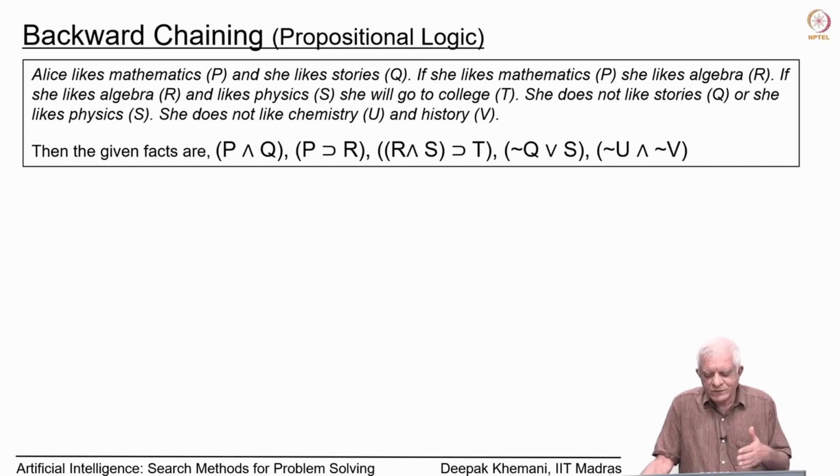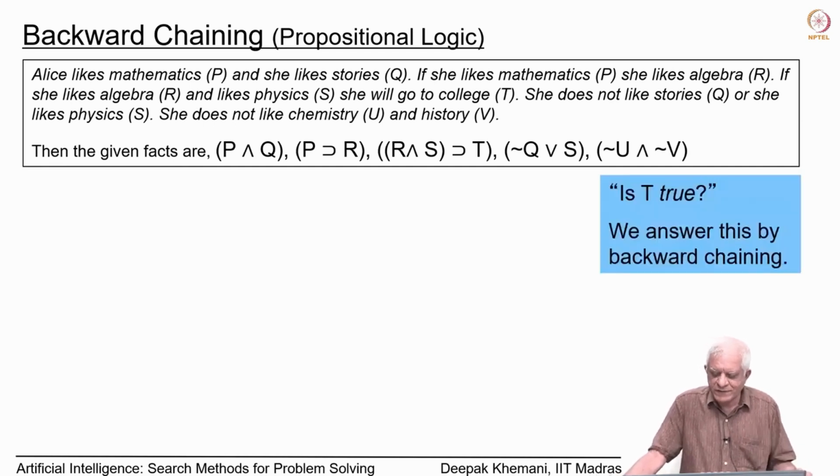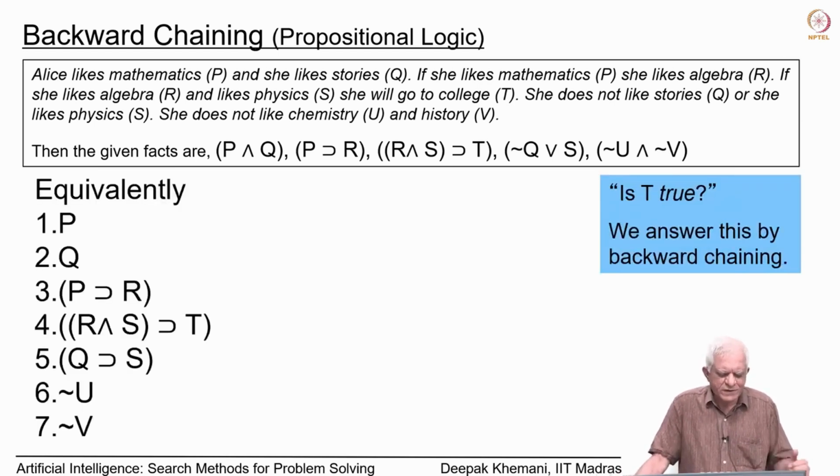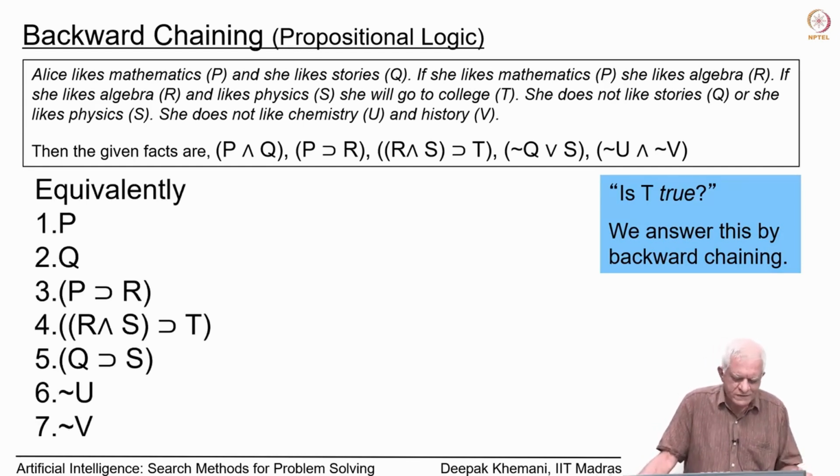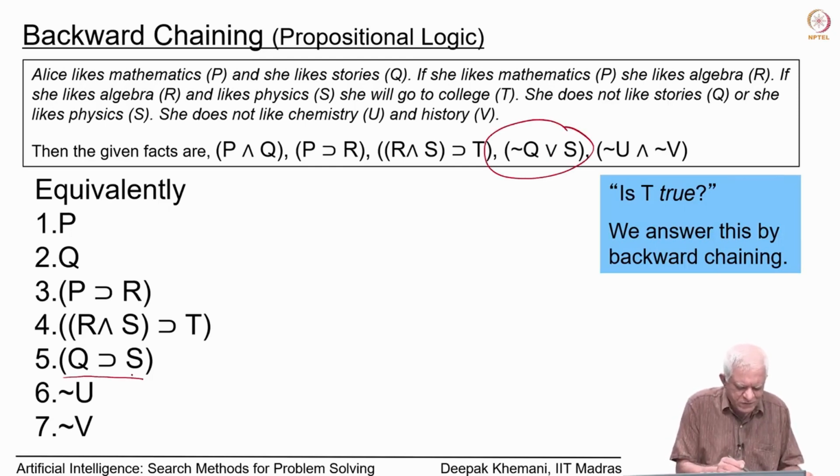Now, we want to show that T is true. That is the query that we have, and we want to answer this by backward chaining essentially. So, this is our knowledge base, which is expressed as a set of facts or clauses, as we sometimes call them. The only difference you might see is that we have replaced not Q or S with Q implies S,